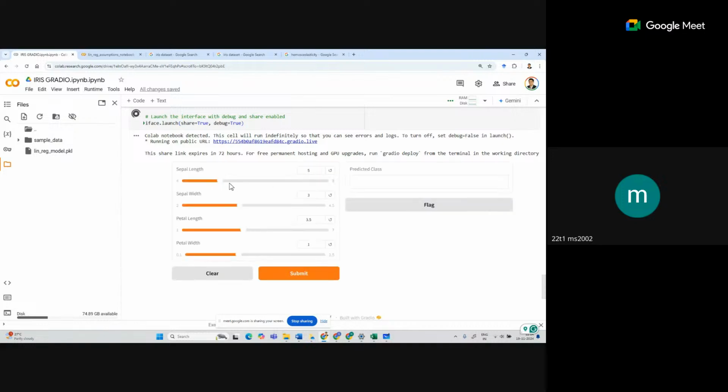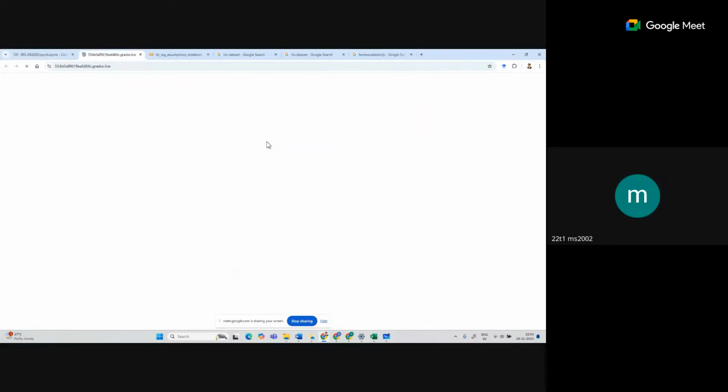What does this tell you? I'm going to increase my sepal length, reduce my sepal width, increase my petal length, submit. What is happening? Predicting the class. Okay, so I'm going to click on this particular URL and then I'll come to that